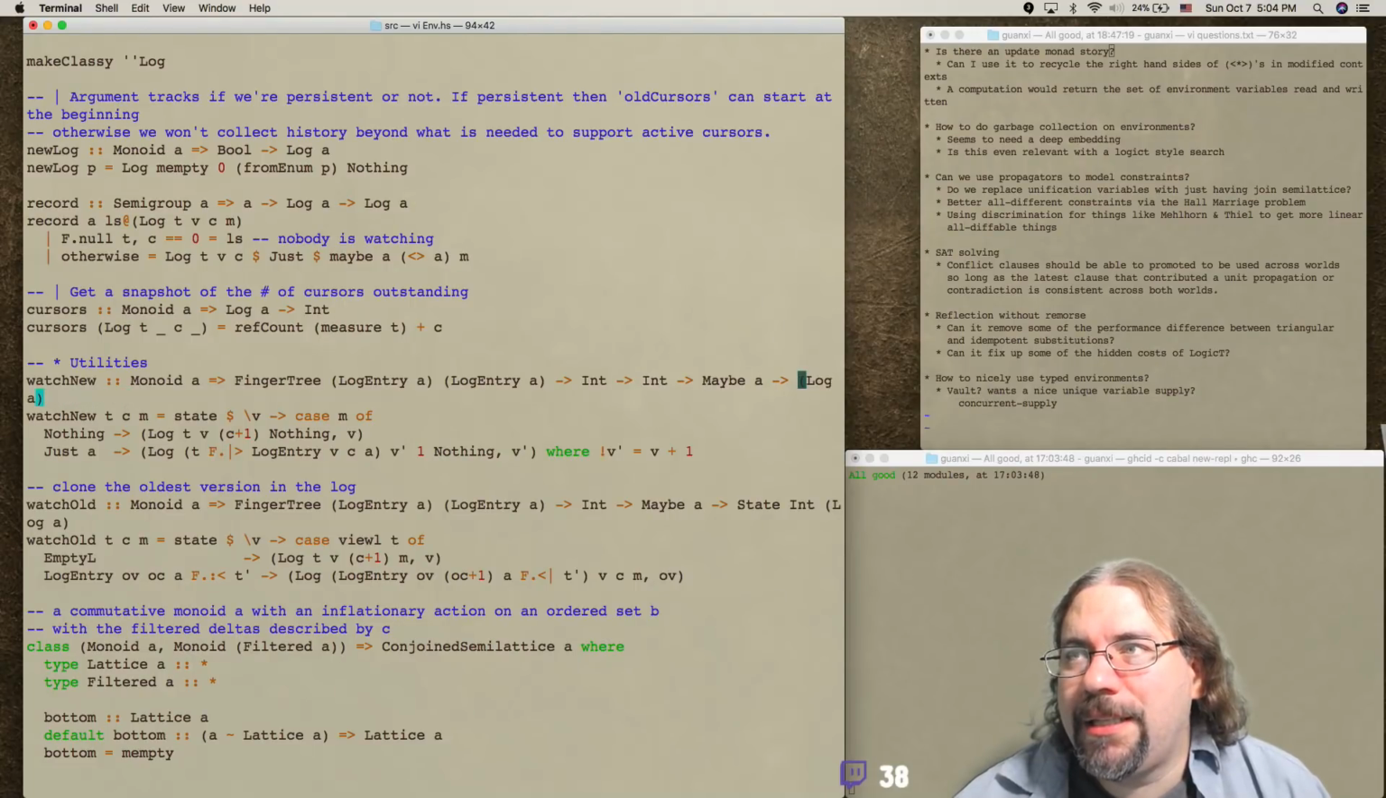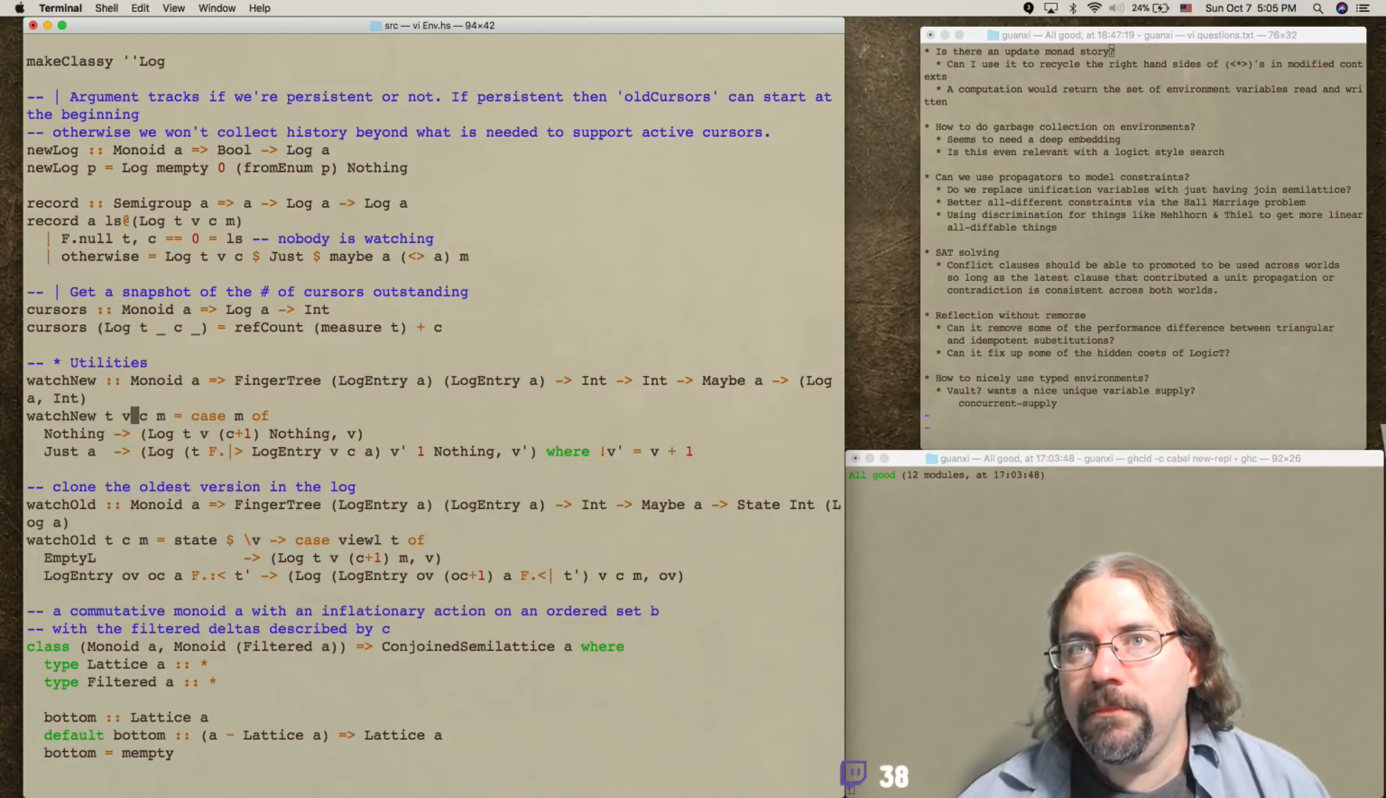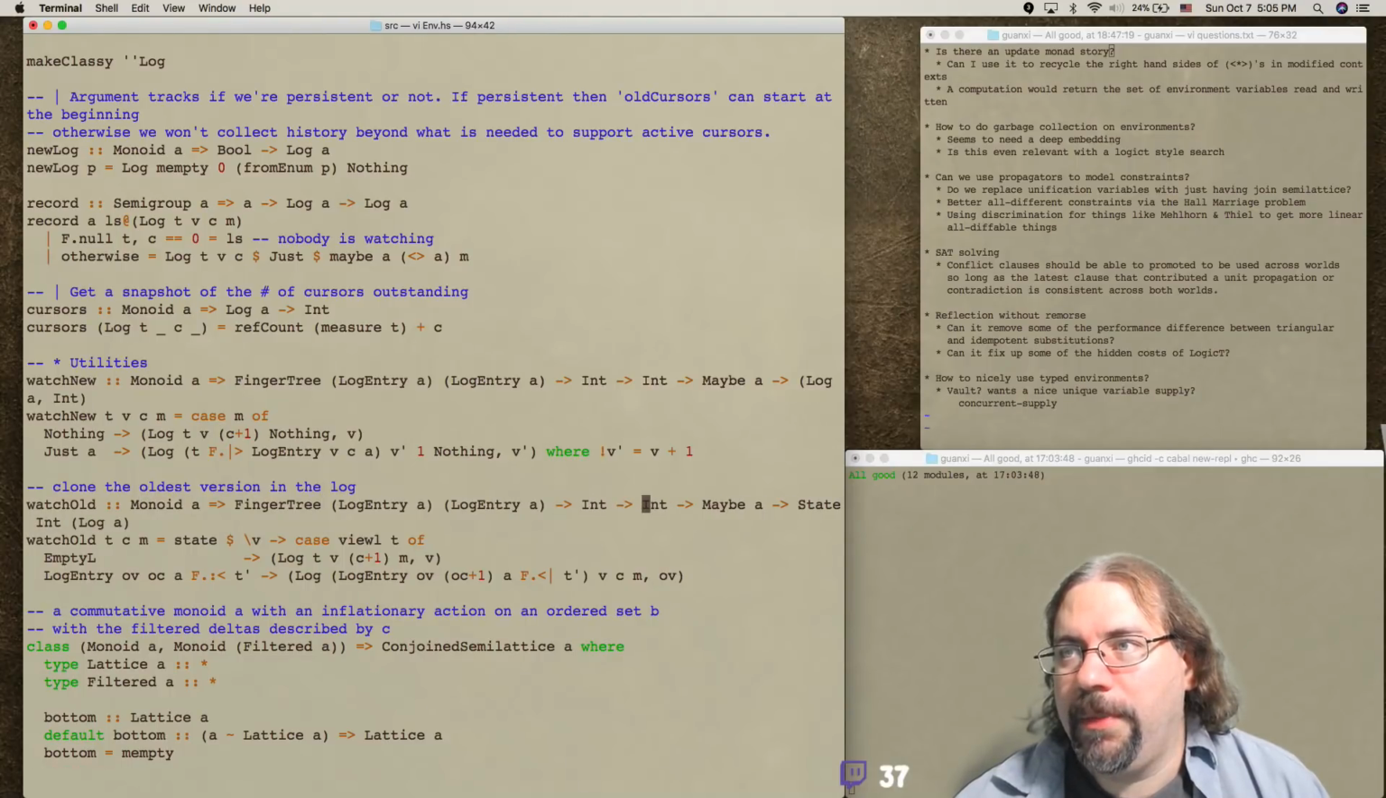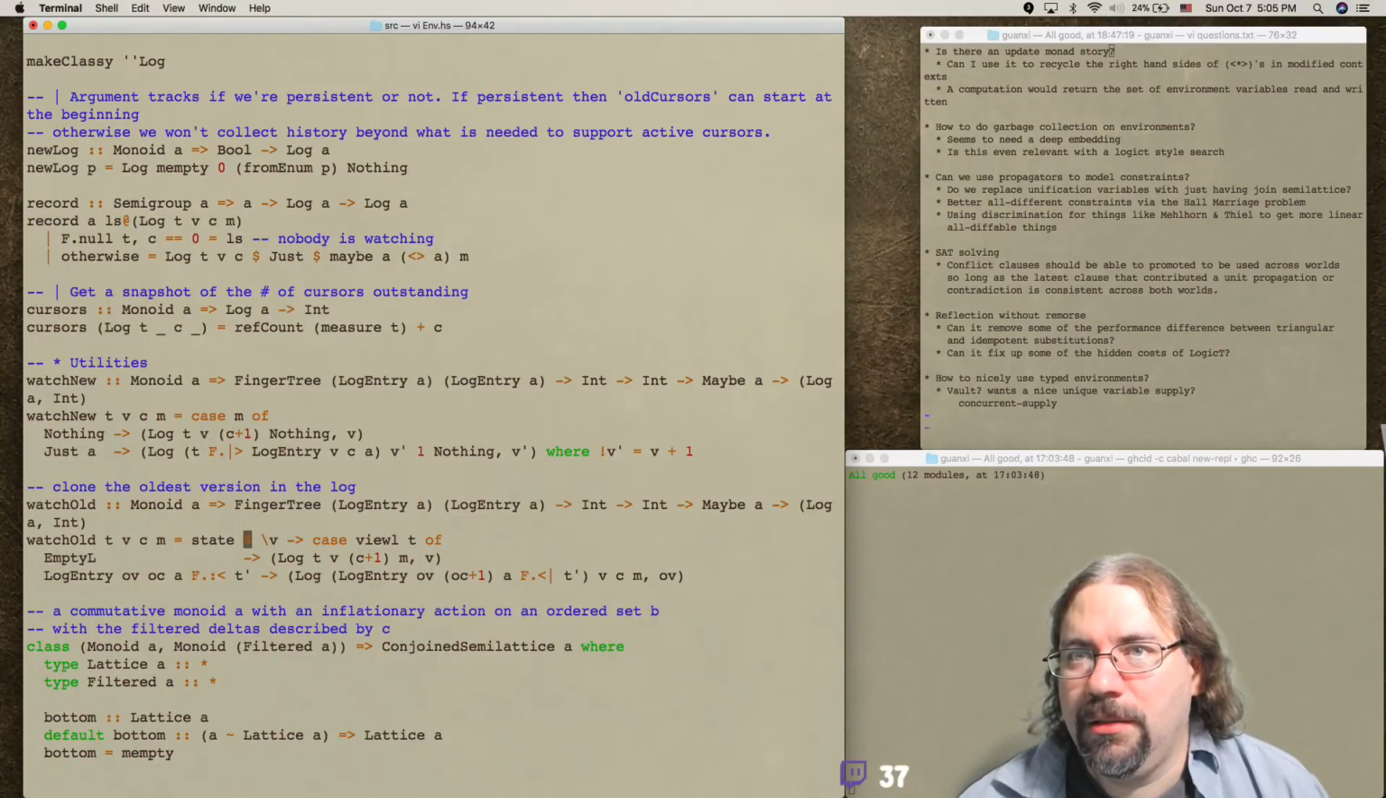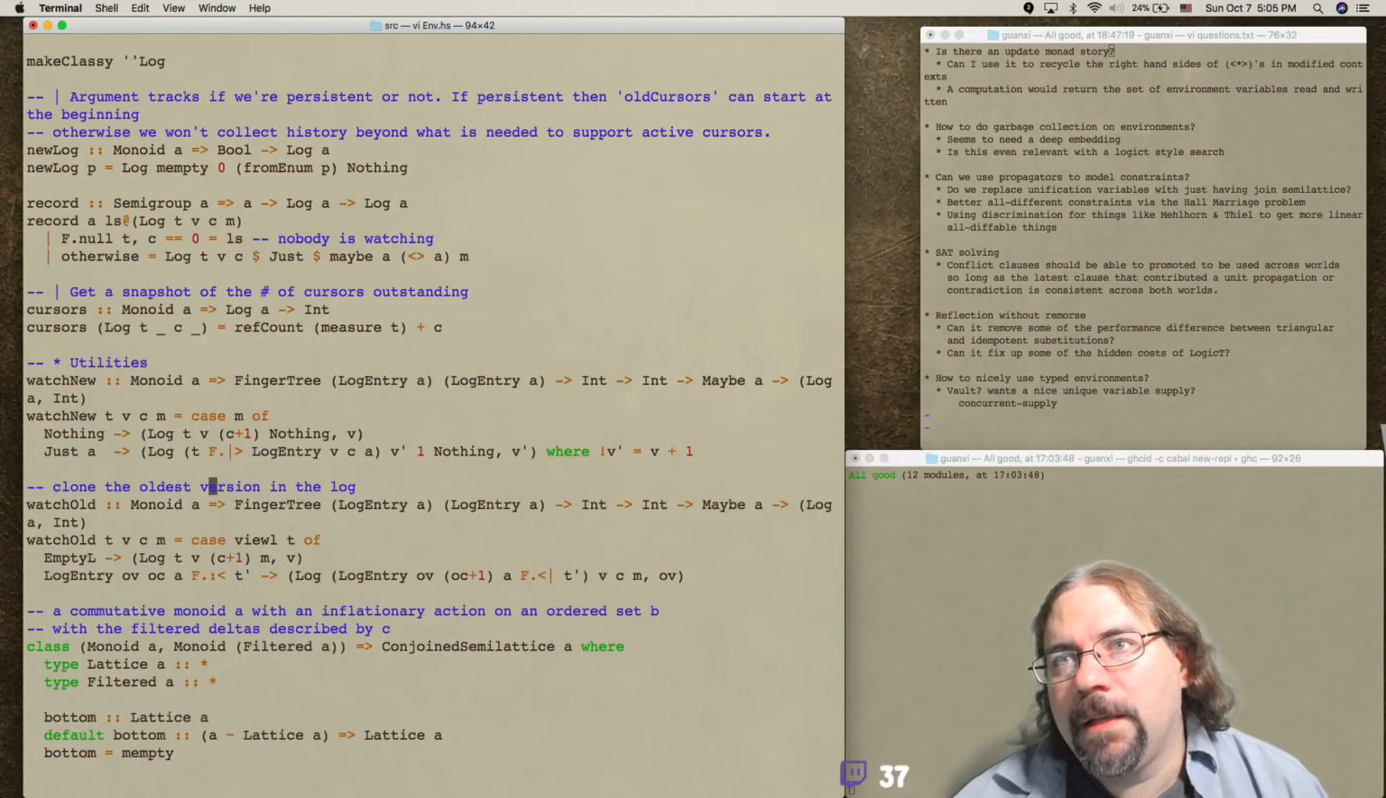Started putting this into state int, but it felt wrong. Log int a. Let me go through and fix that up. Going back to the thing it was before. I kind of visually pattern matched it to feel like a state, but it's not. Watch new